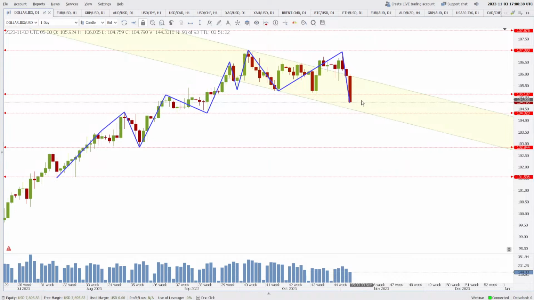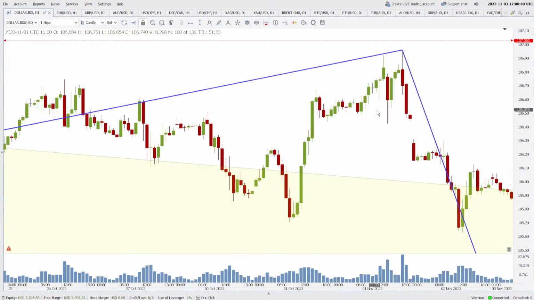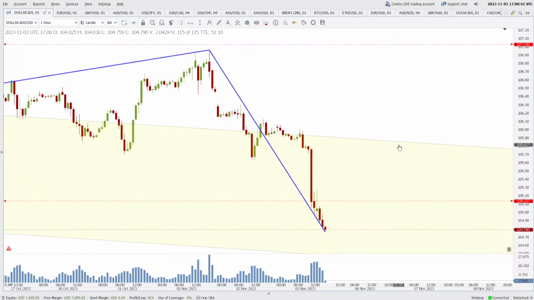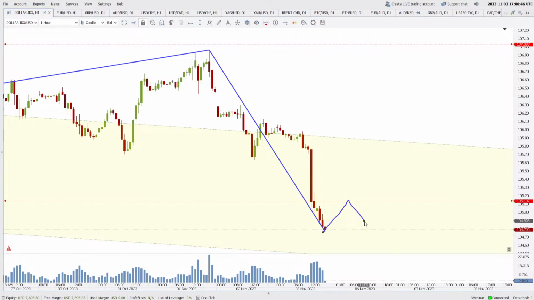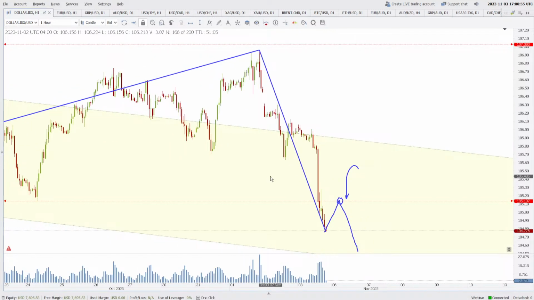which is possible that it will start acting as a huge resistance now. So if the price comes back to this area, then expect it to act as a huge resistance here, and this may be your area of opportunity to go short in this market. But that is not the only thing.